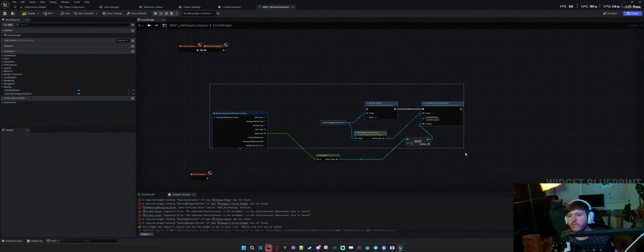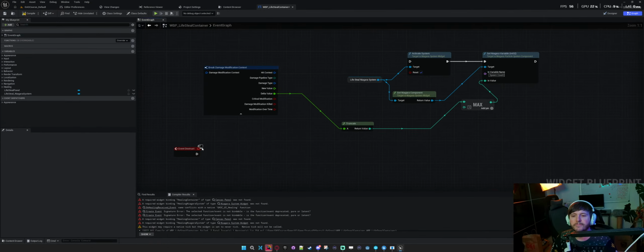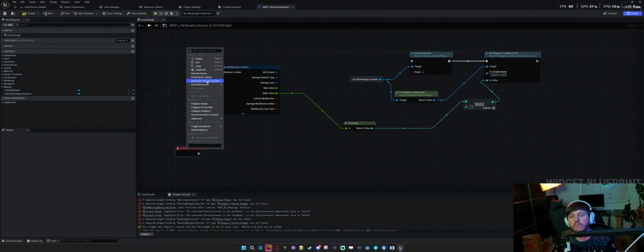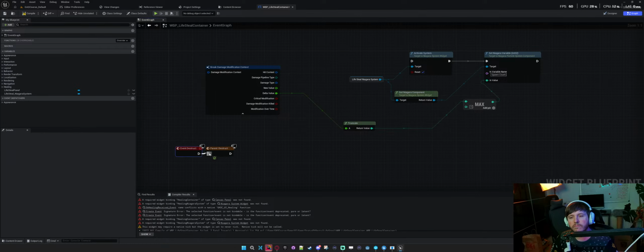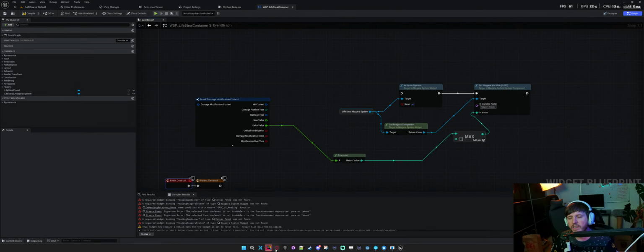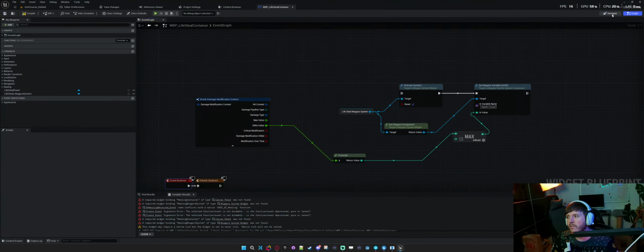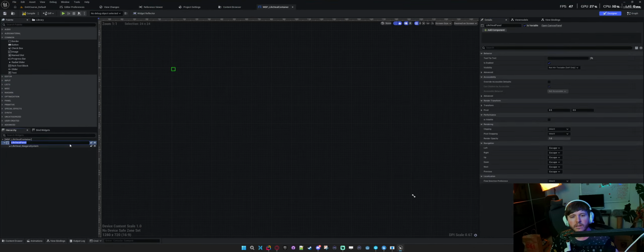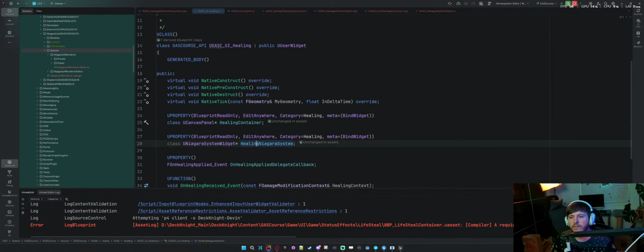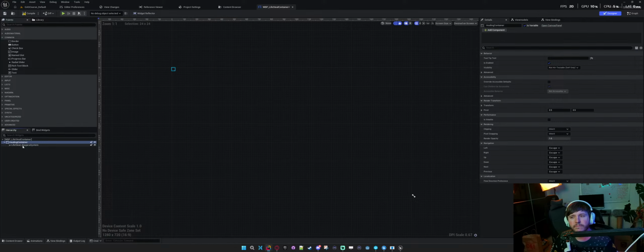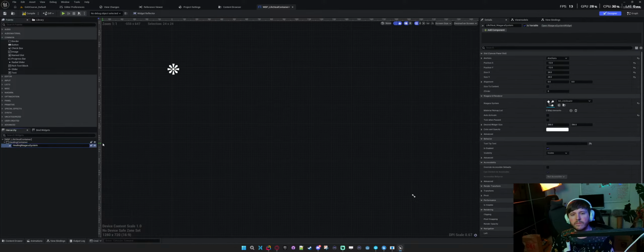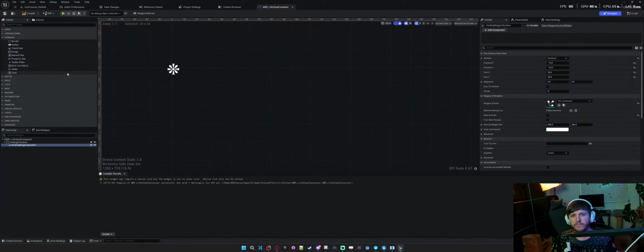I'm gonna keep this as a reference to what I need to be doing in code. So now I need to rename my stuff, right? I need to name the healing container. Then I need to name this healing Niagara system. And then this should compile.